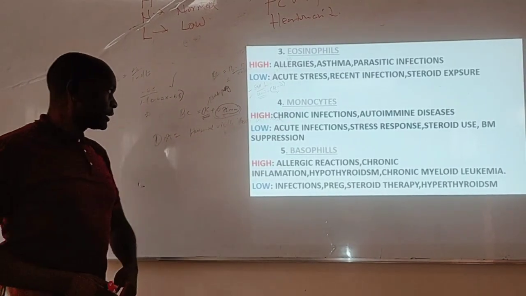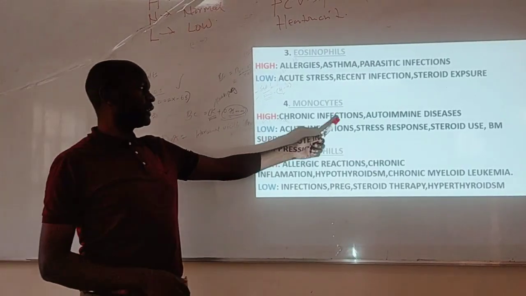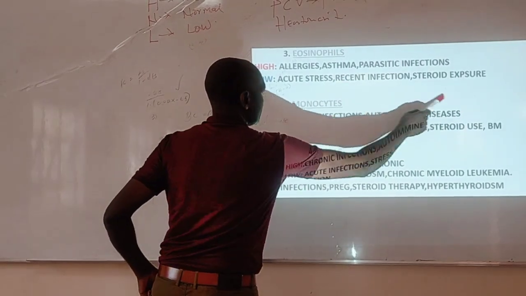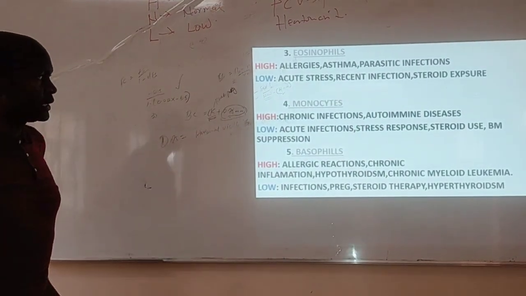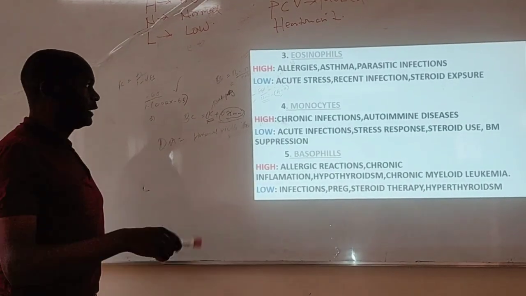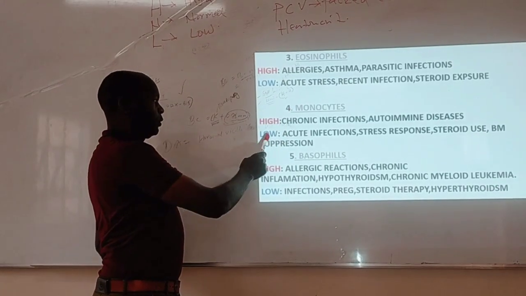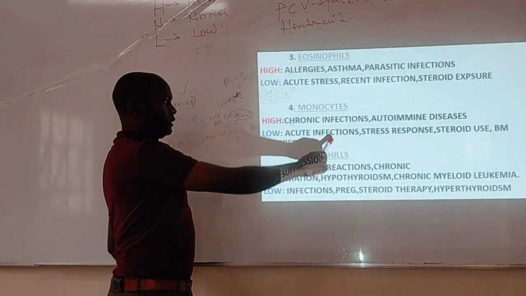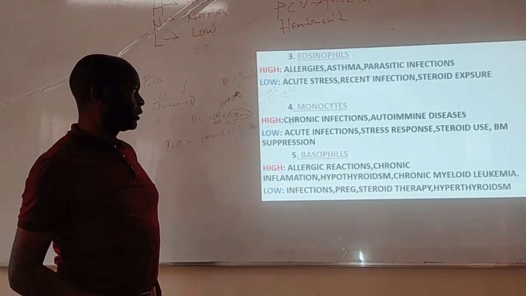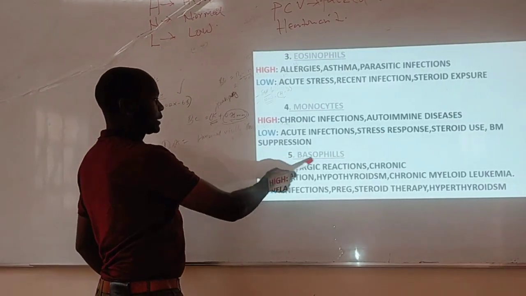Then let's look at monocytes. When the monocytes are high, they normally indicate a chronic infection. Sometimes it also means that the patient is having an autoimmune disease. Autoimmune diseases are just diseases where the immune system attacks its own tissues. When the monocytes are low, then we are talking of things like acute infection, stress response, steroid use, or just bone marrow suppression. When the basophils are high,